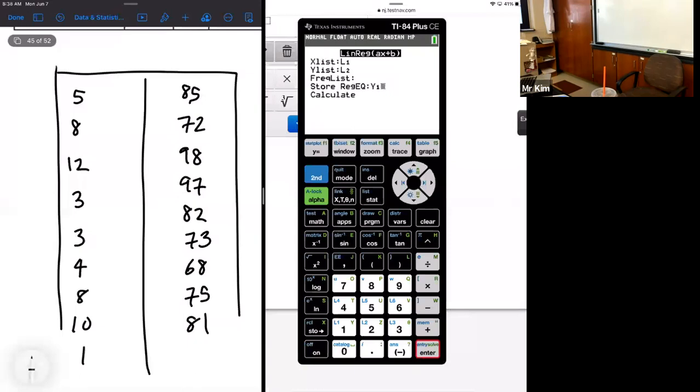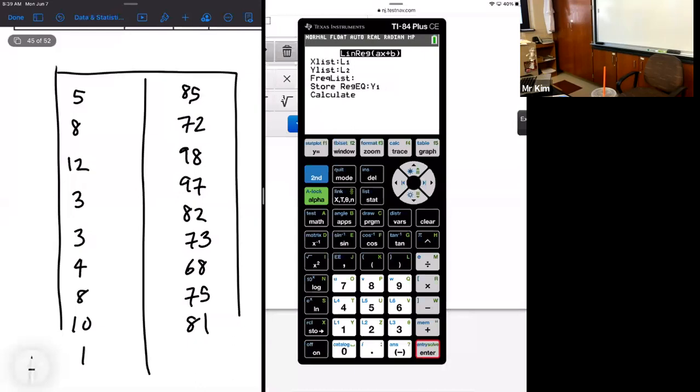Then if you press graph, you'll be able to see the data. You don't have to write this down. Now after that, you want to draw the best line of fit. The best line of fit comes from stat, calc, scroll right one, and then linear regression, ax plus b. This one, this two, just leave it there, and the frequency list, nope. Store regression equation: you press variables, then go down to y variables, function, and then y1. And then it will store the equation for you already.